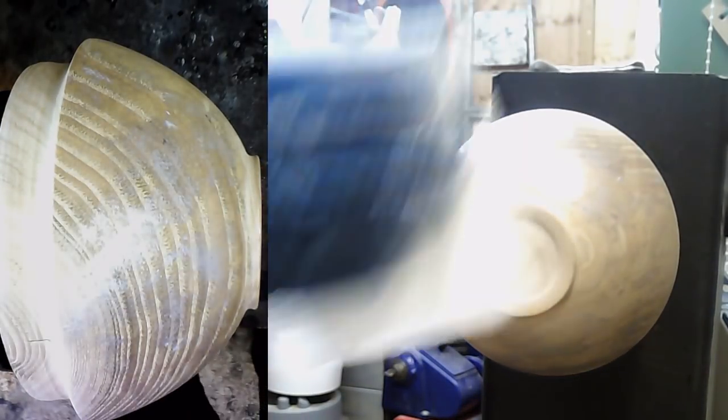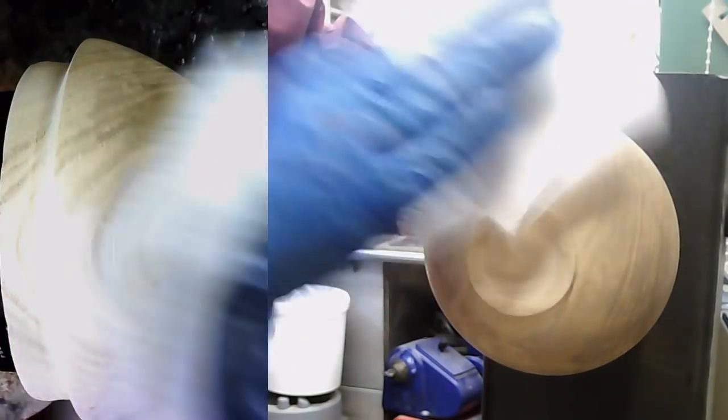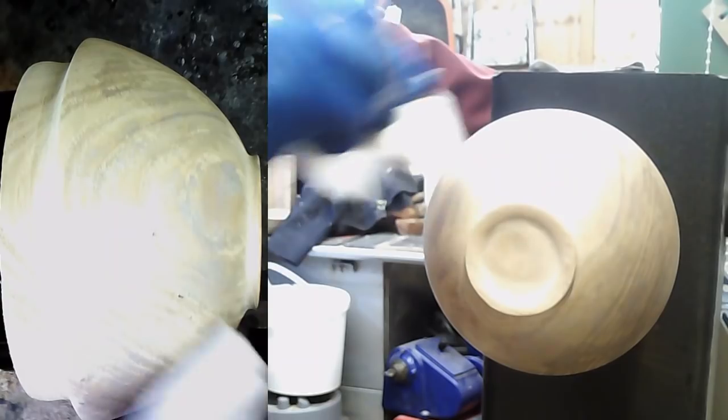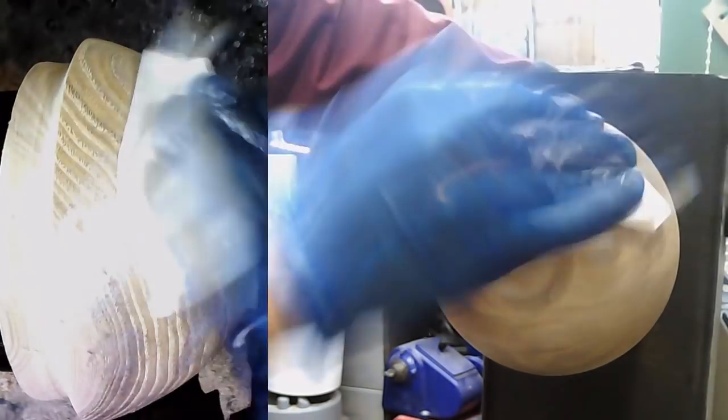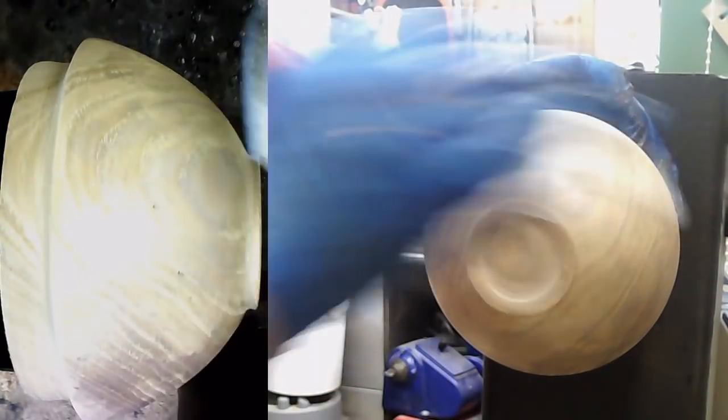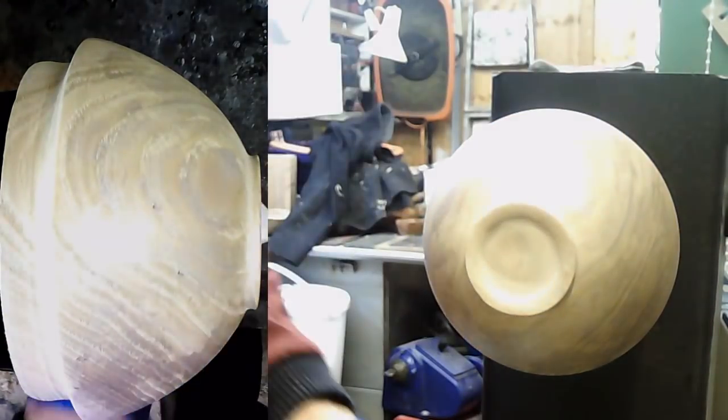I want to dry it off, so just a bit of patting. What's happened under there? Okay,